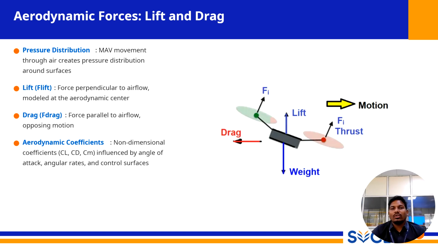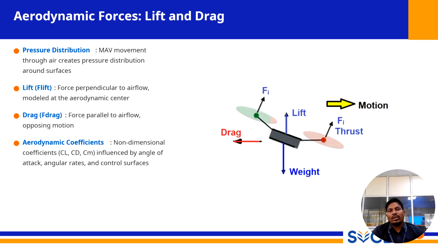The first component is lift, denoted by F lift. F lift is defined as the force perpendicular to the airflow. It is a common misconception that lift always acts upwards. While it does counteract weight in level flight,